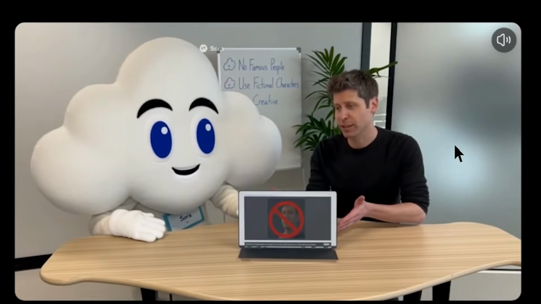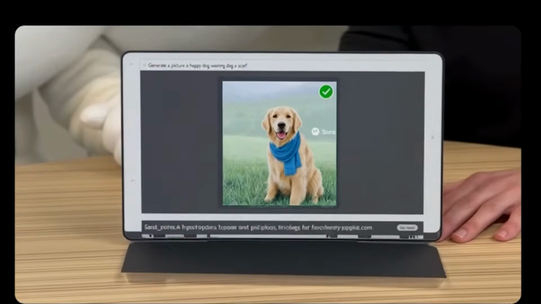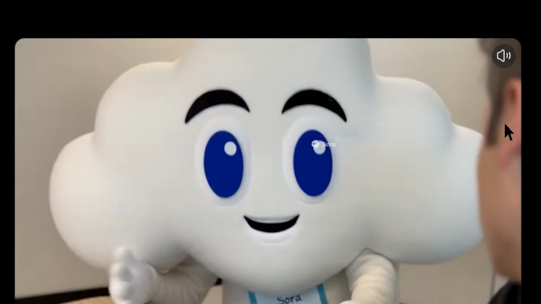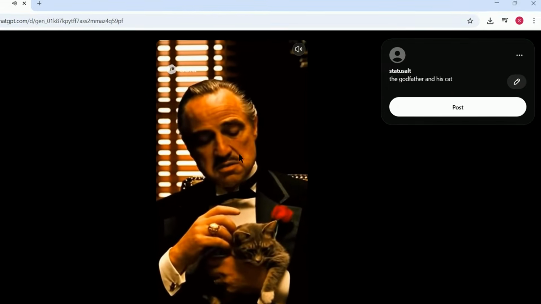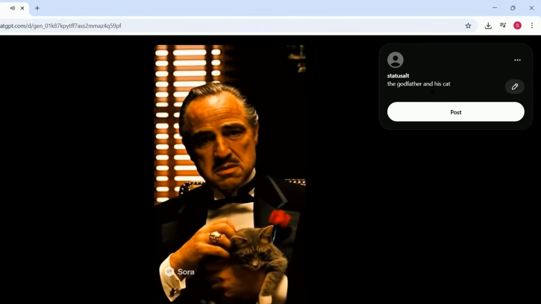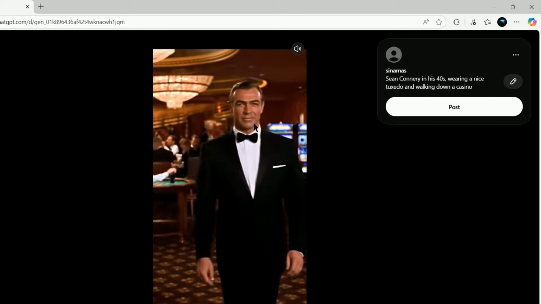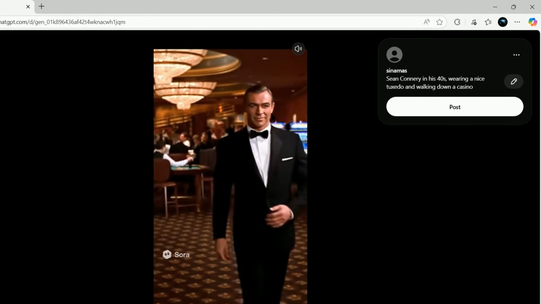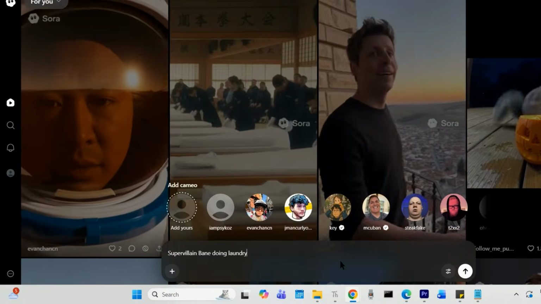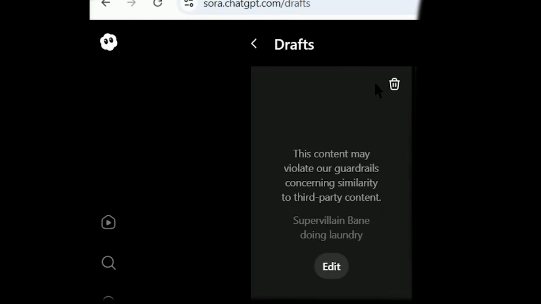Sora has been instructed not to generate famous people that are alive, or famous characters played by people that are currently living. That's why generally you'll have no issues asking it to generate famous people that are deceased, or characters played by actors that are now deceased. But if these people are alive, Sora will not create the video.